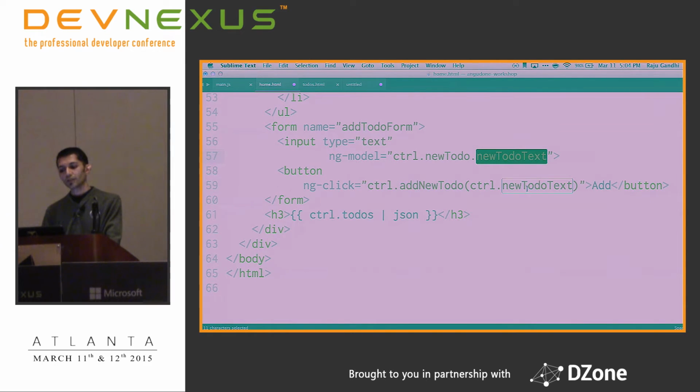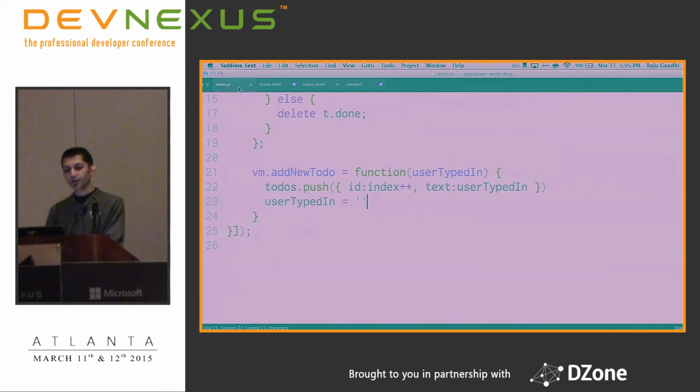Now, instead of passing in newToDoText, I pass in the object with the property I'm looking for. And then in here, I'm not getting user typed in, I'm getting the new object with one property on it. And then I do newToDo.newToDoText. Does that make sense? You get an object, one property, you look up that property, set it as the text of the to do, and now if I were to do this,